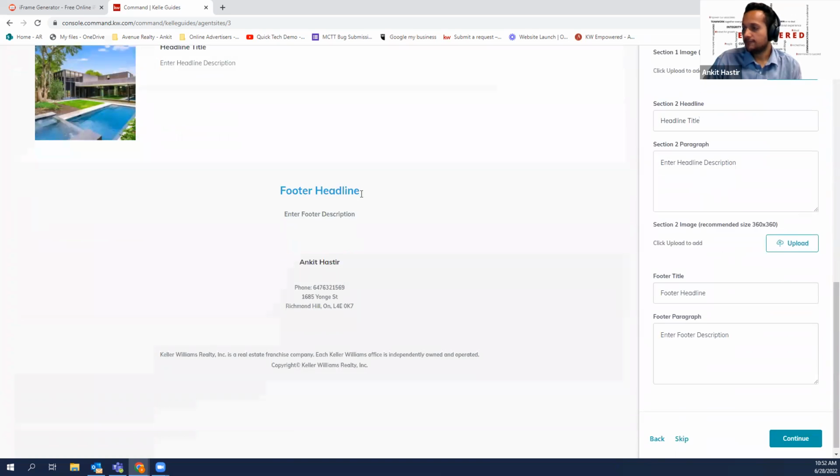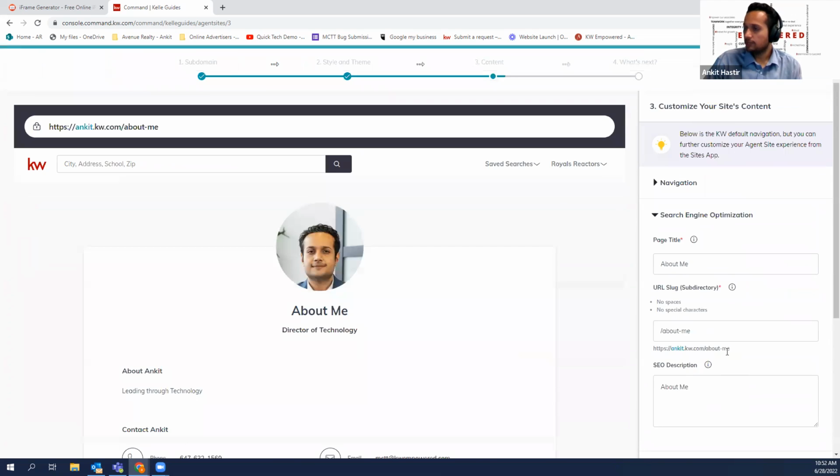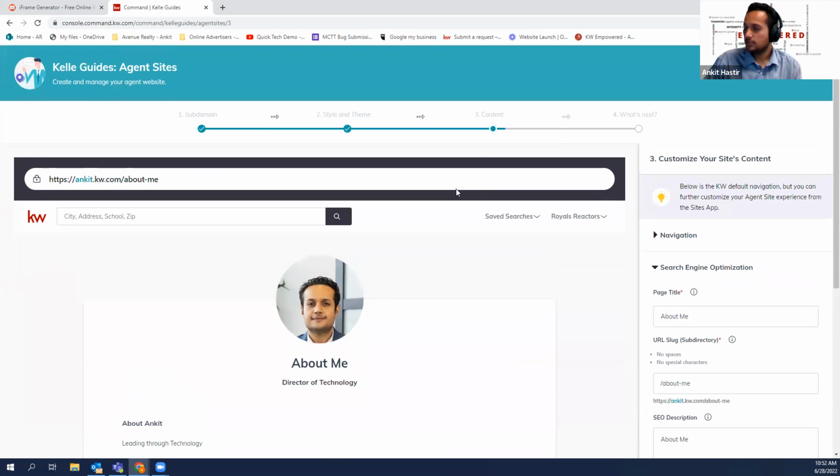Again, you can update the footer and your legal footer, and it will automatically populate your phone number and the address. And this is the legal footer that is automatically already there for you. So you don't have to change this part as well, right? You can just click on continue again, and it will take you to your next page,